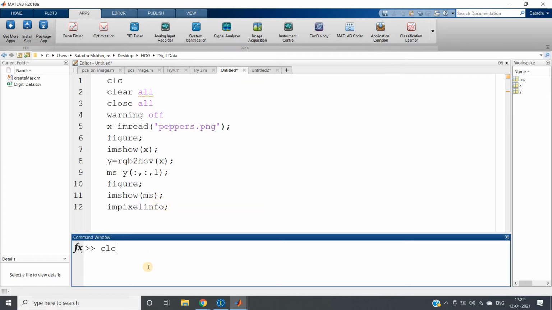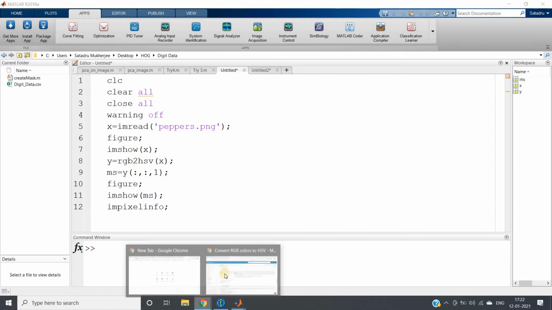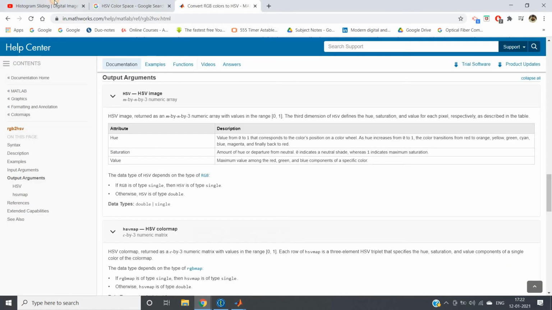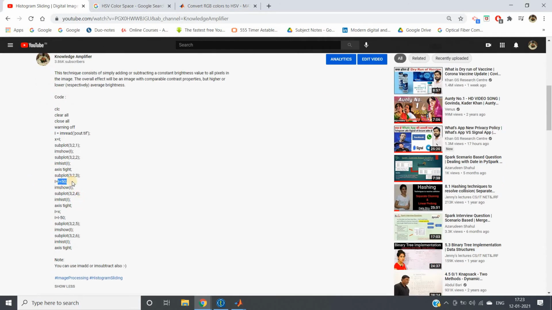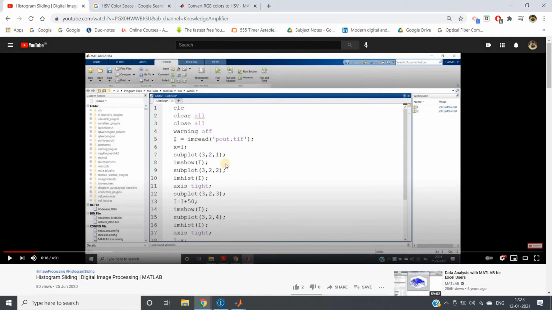Now we will be using the histogram sliding operation. How we did histogram sliding for the color image, if you recall, I added some scalar value, maybe plus 50 or minus 50, and achieved histogram sliding. But here, whether we add or subtract, the range should always be 0 to 1.